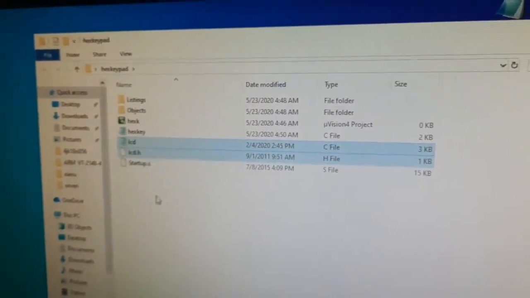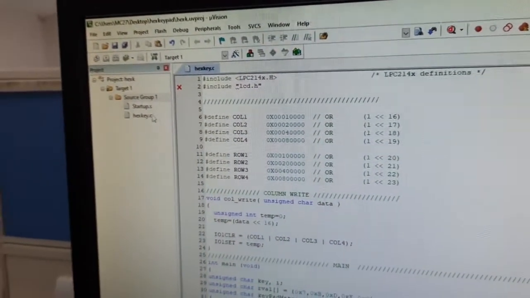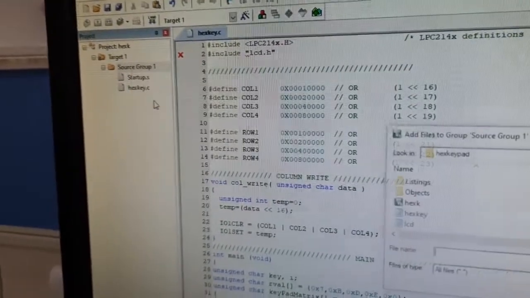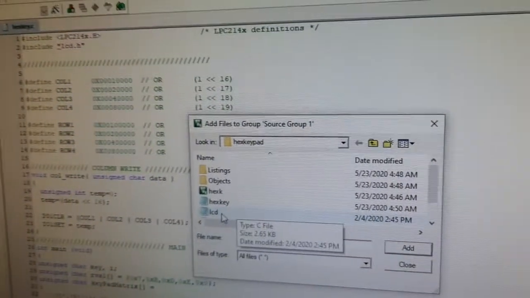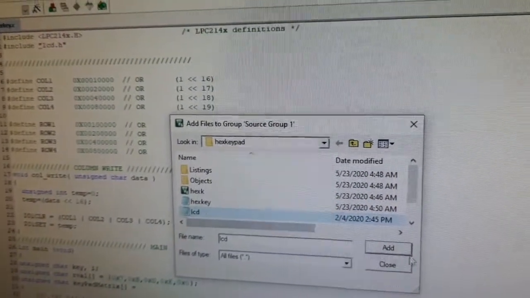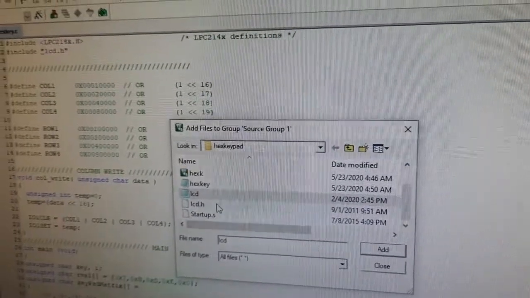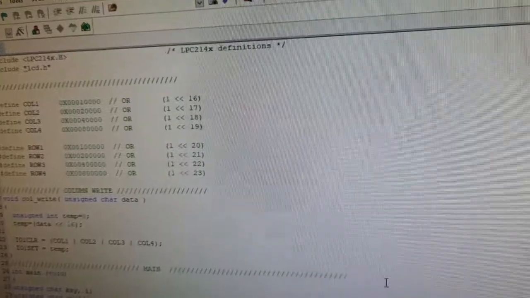So you have to paste that program and again go to your program. Now whatever you pasted, you have to add that also. So again go to that folder, and we have LCD, add that, and we have lcd.h, add that and close that.